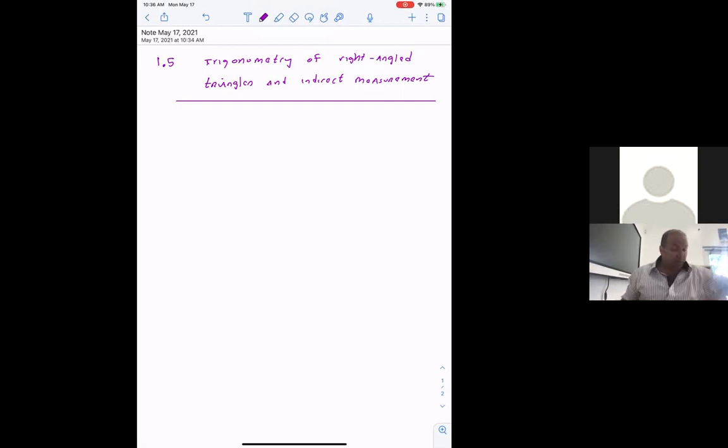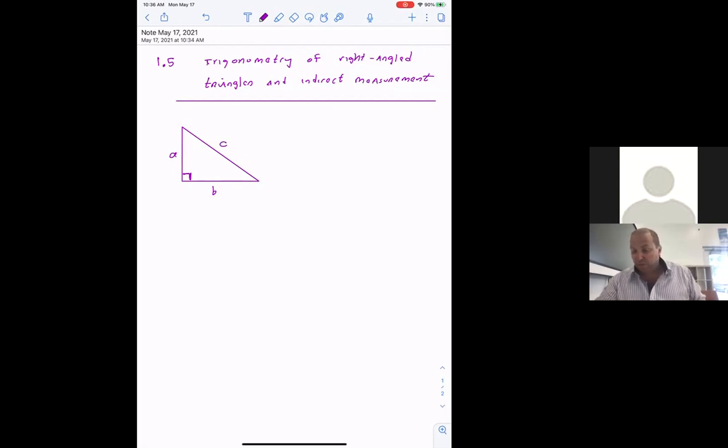Trigonometry, which is a very important subject in mathematics, starts with right triangles and eventually extends to non-right triangles. But this section is about the trigonometry of right-angled triangles. So we're only dealing with right triangles. Right triangles have two basic mathematical approaches. The first one: if I give you a right triangle and I label the two sides of the triangle by A and B, and I label the hypotenuse by C,